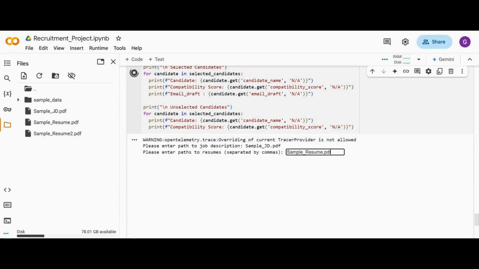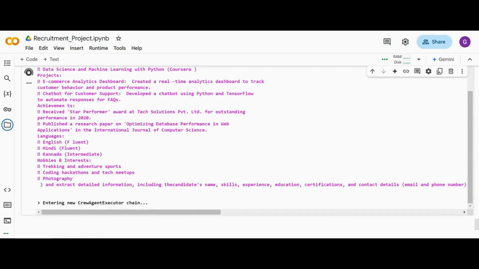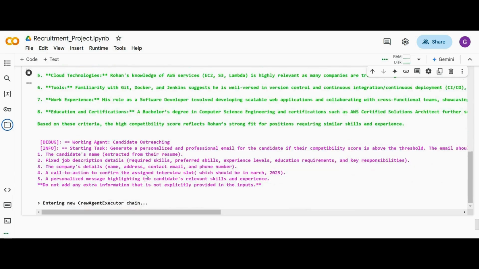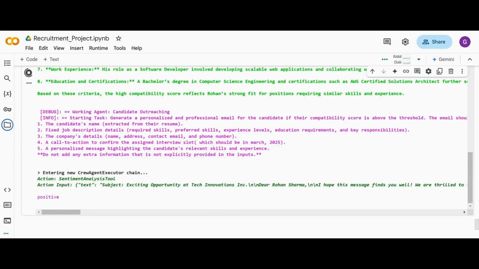Since we are running this code in our Colab notebook, we first need to upload our files into the Colab notebook itself. So I have just uploaded my sample resumes and sample job description into it, and then I have entered the path of the files,